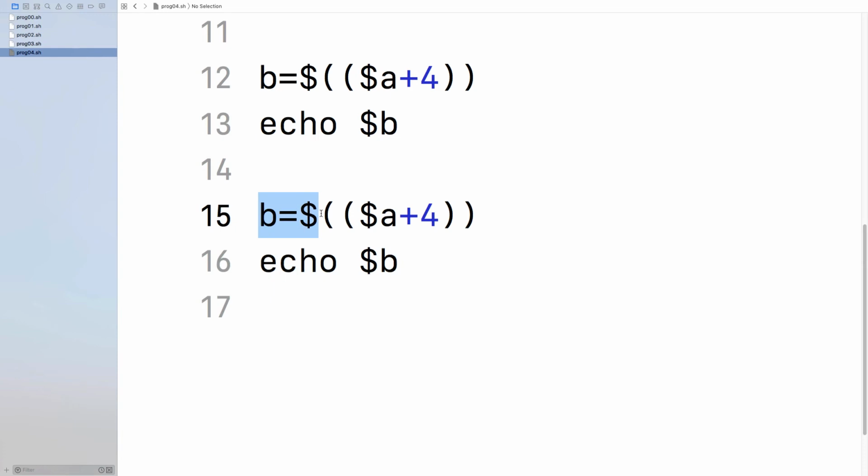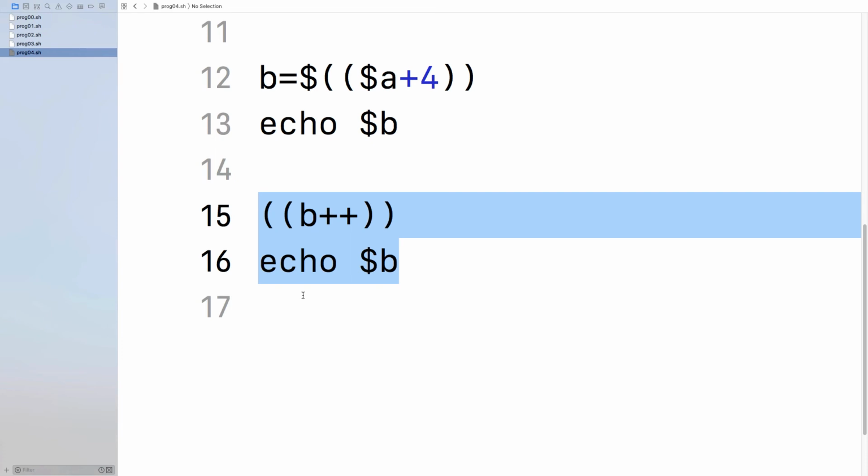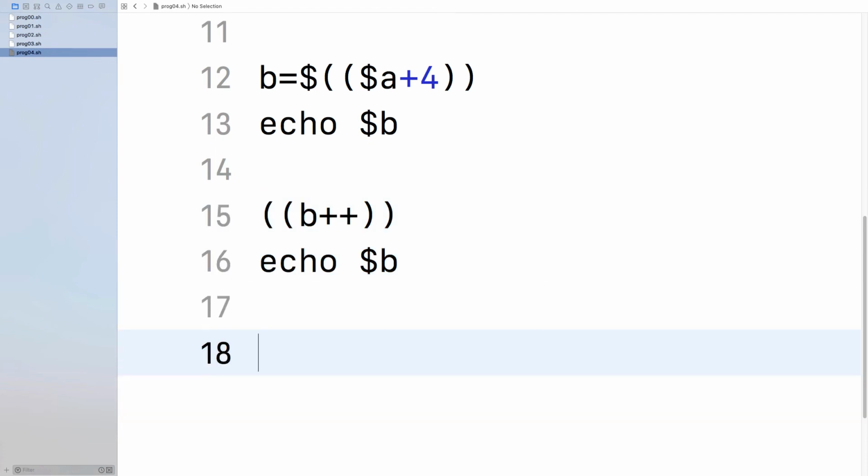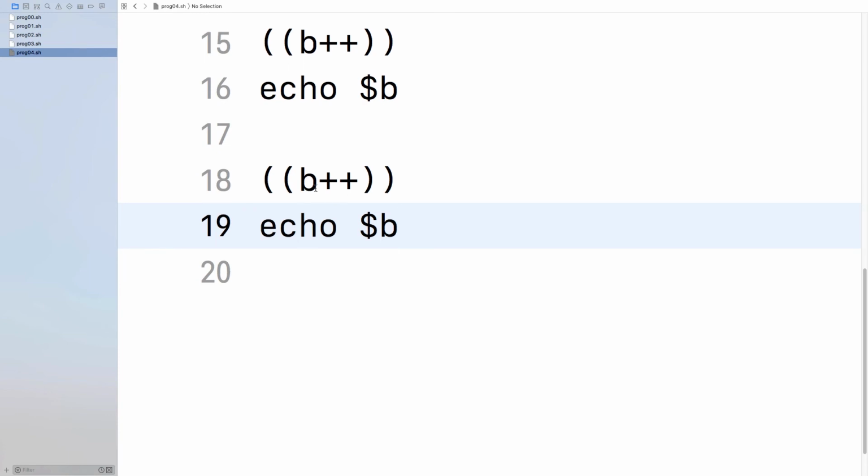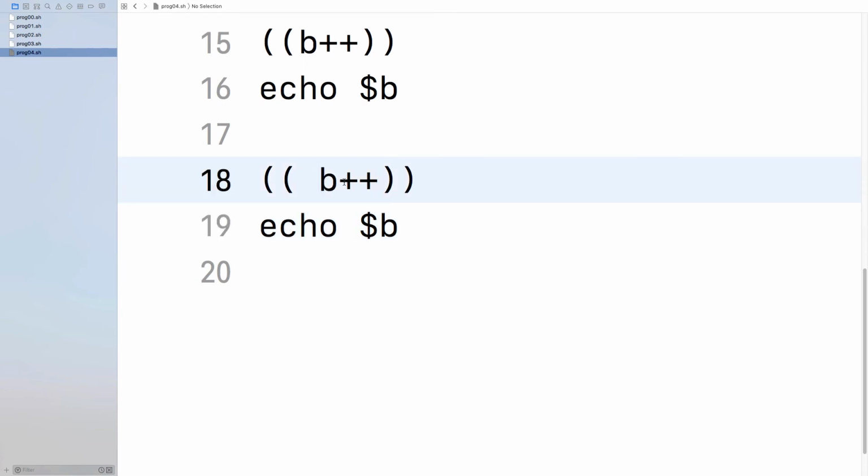So now here we are going to use B++. B plus equals to 3.